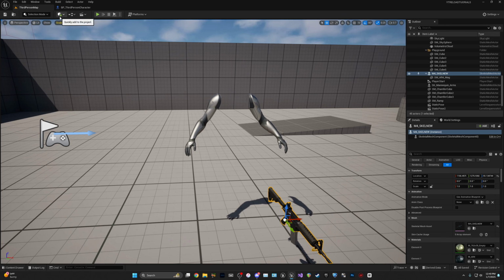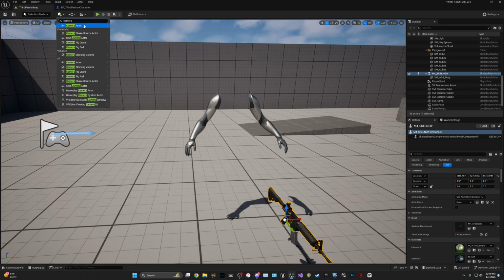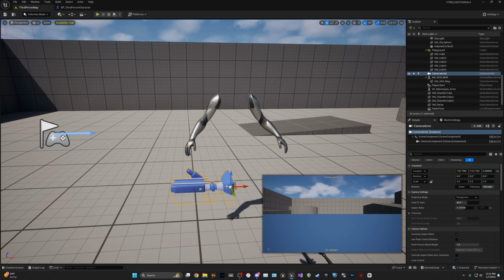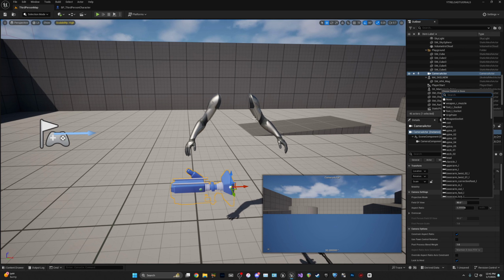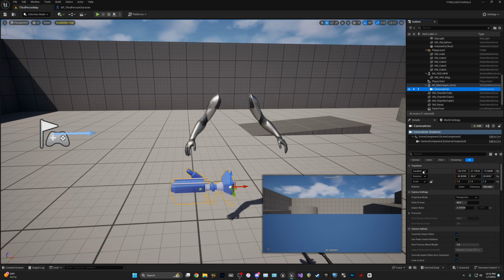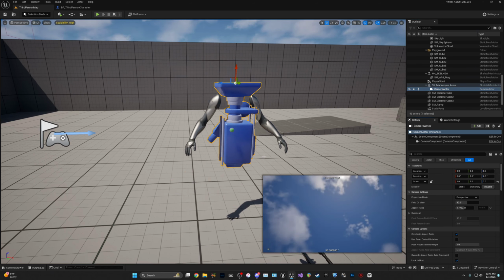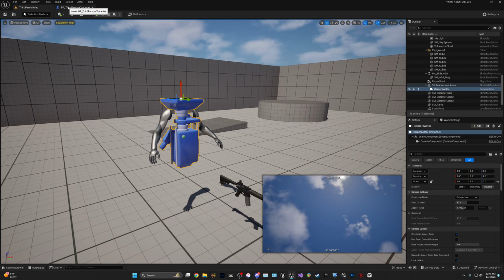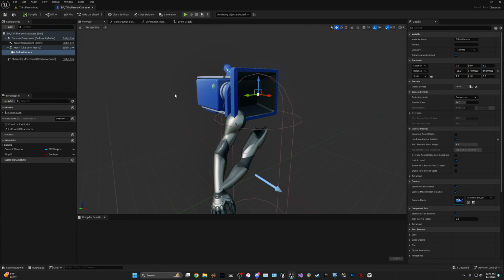So we're going to come up here to the add cube icon and search for camera actor and then drag it into the world. I'm then going to take this camera actor and parent it to our character's skeletal mesh. I'm going to parent it to the head bone and then come to rotation and location and zero it out. And then if you open up your character's blueprint,